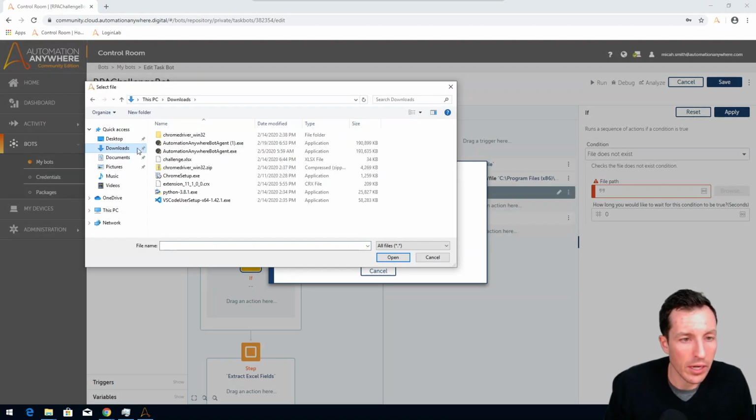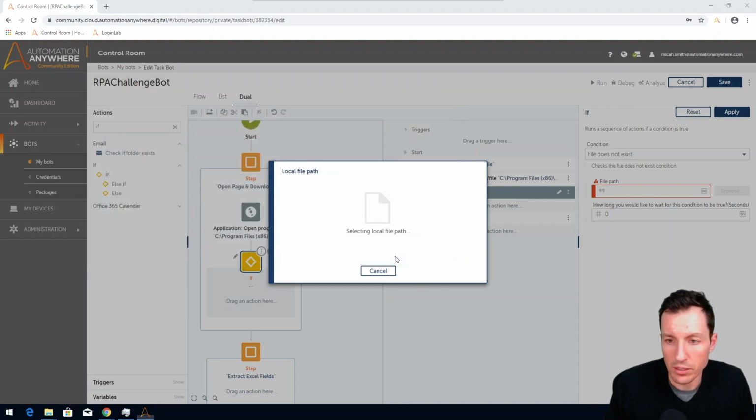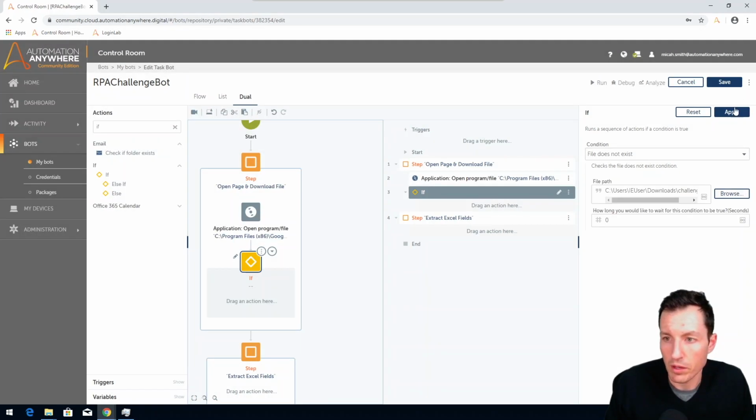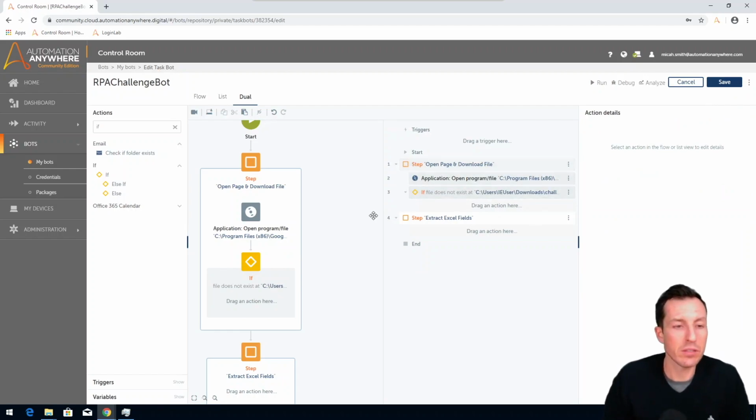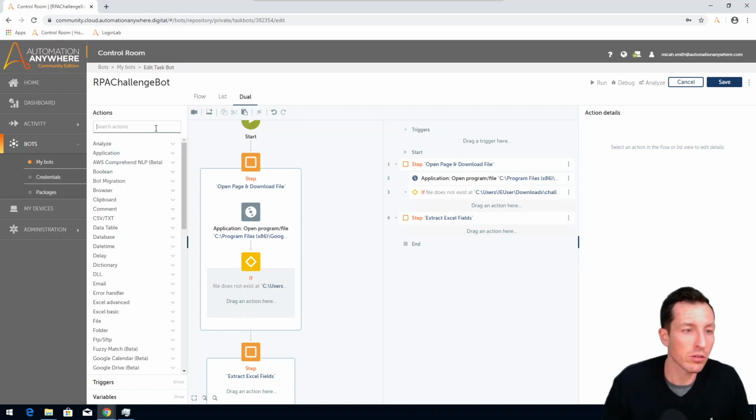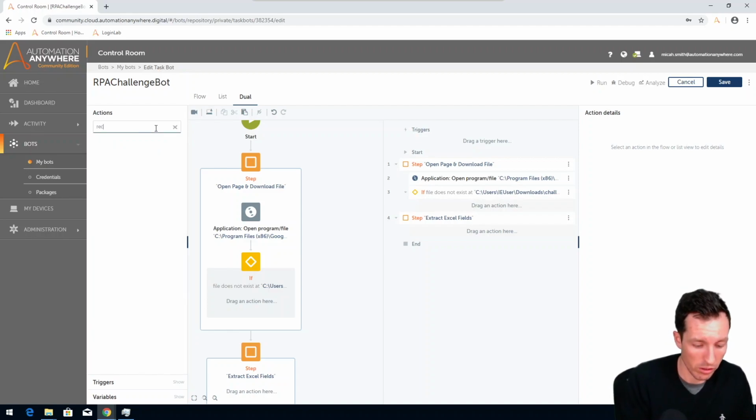So that was in downloads, and then challenge.xlsx, and I'll hit apply. So what we're saying here is if this file does not exist, then what should we do? This is a conditional statement, so what that means is when the condition is true, whatever's inside it will actually execute. So let's go here to recorder,